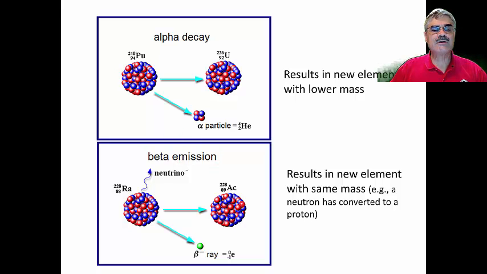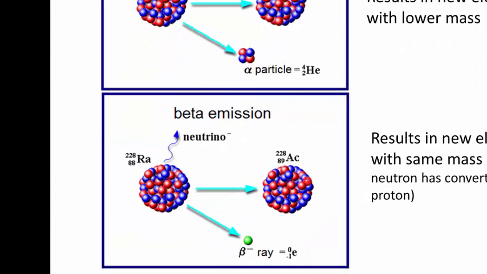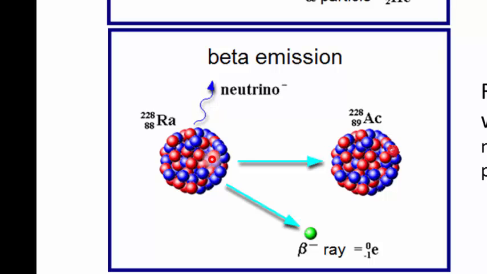The second example is beta emission. In the example shown here, we start with a particular nuclide, this being radium-228. Radium can spontaneously emit a beta ray. Now in this drawing, I almost didn't want to pick it because that little green thing is drawn much, much bigger than it is because it's an electron. It's a high energy electron that is essentially kicked out of the nucleus, comes speeding out of the nucleus, leaving behind